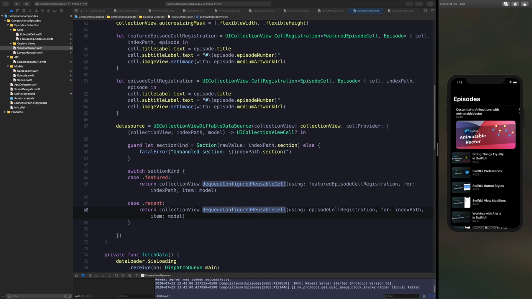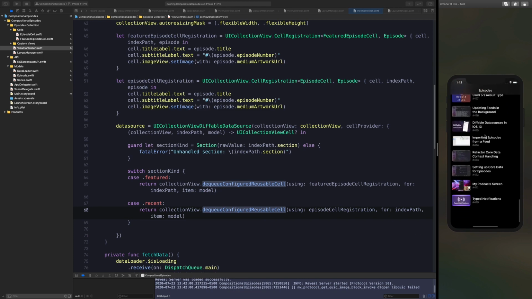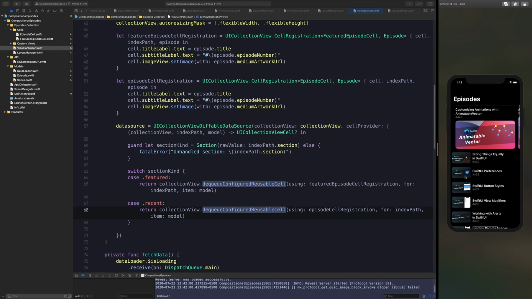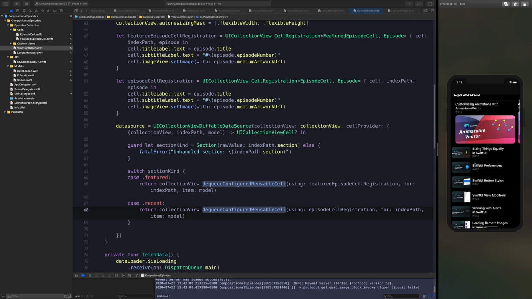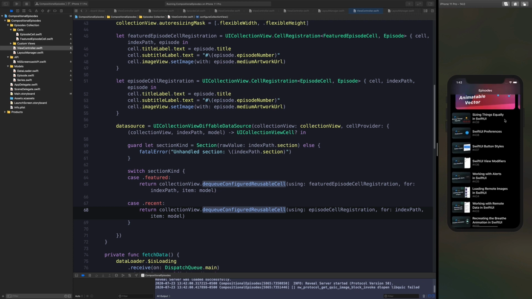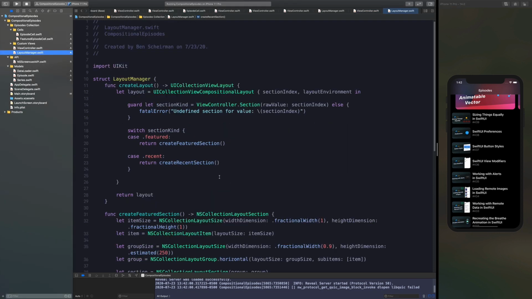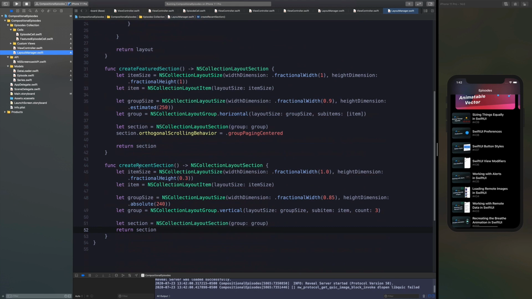Okay, so we've got our top section, and then we've got episode cells. And we said that we wanted these in groups of 3, and it's actually doing that. 1, 2, 3, and then it repeats it. 1, 2, 3. So, the grouping being in 3s, but we didn't tell it we wanted to scroll. So let's go back over to our layout manager. In the recent section,